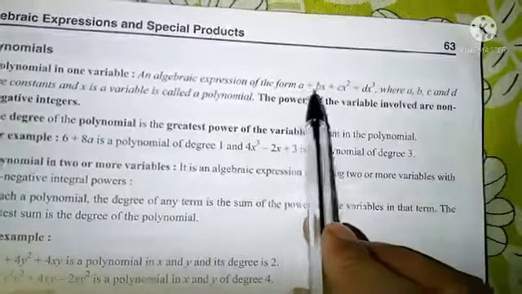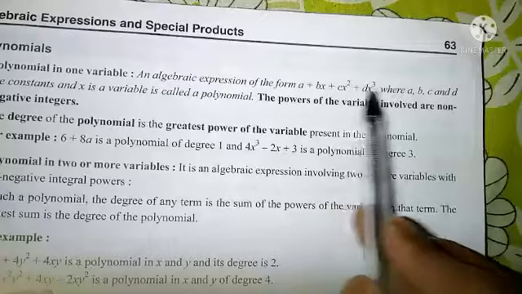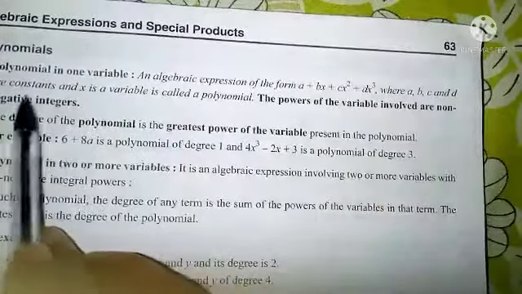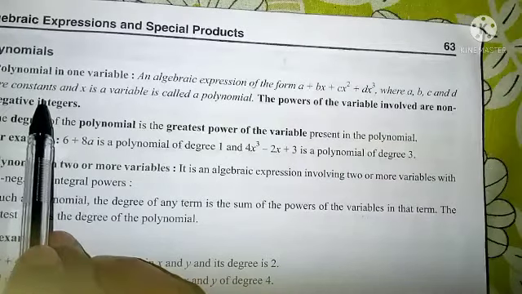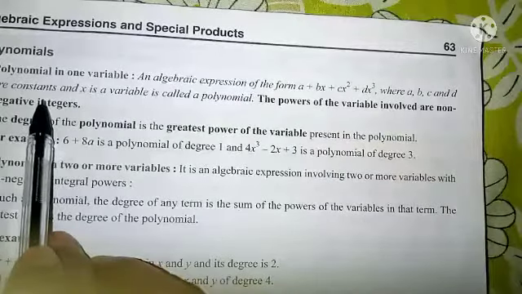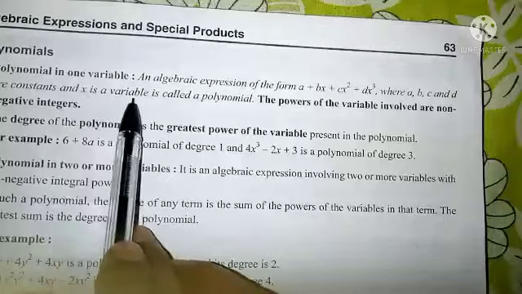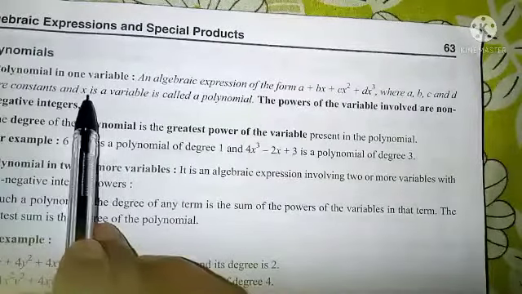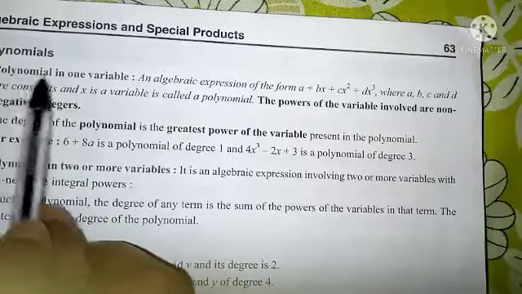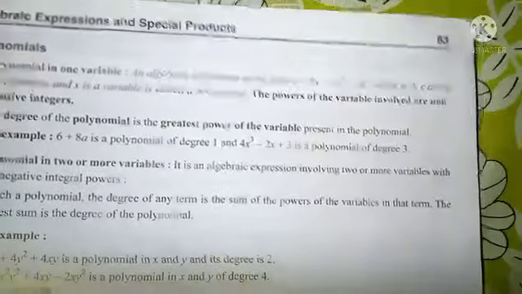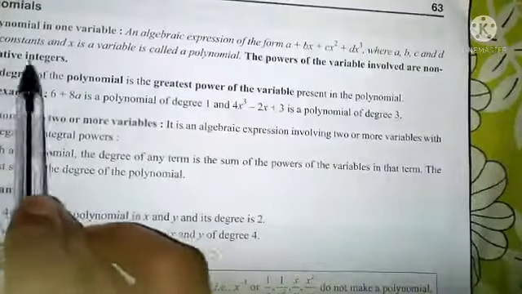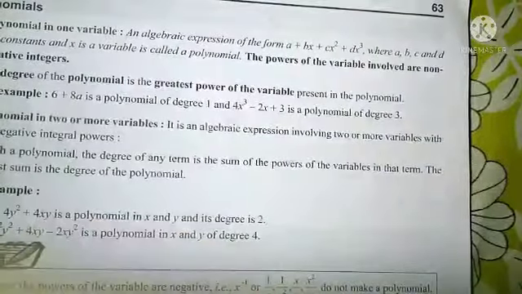Now here a, b, c and d are the constants. In our last class we discussed constants as well, and here x is the variable. In the whole expression we have only one variable, x, so this is called a polynomial in one variable. One more thing is written here: the powers of the variable involved are non-negative integers. Which means